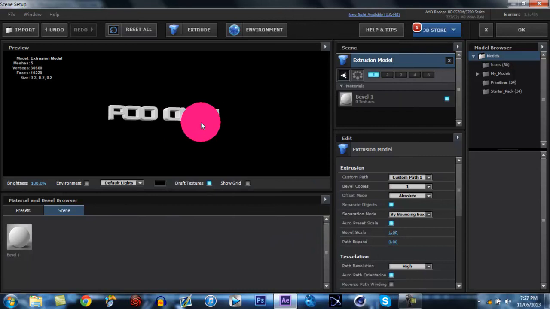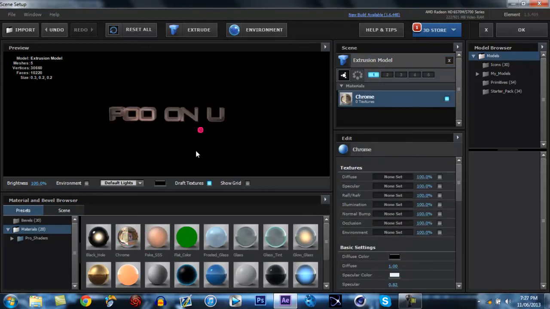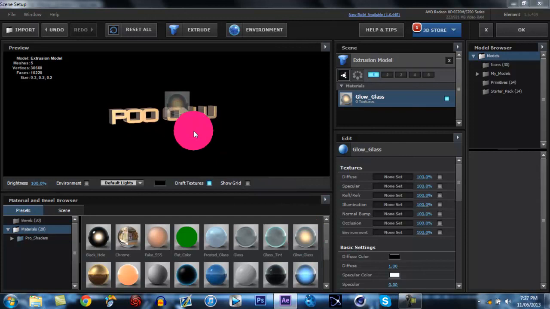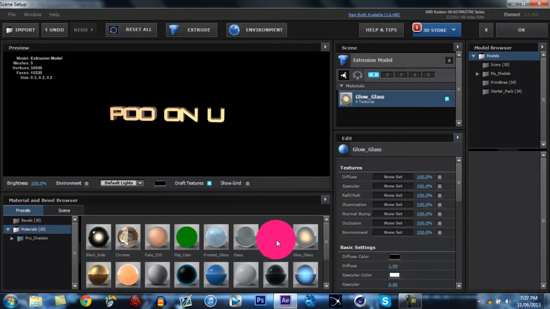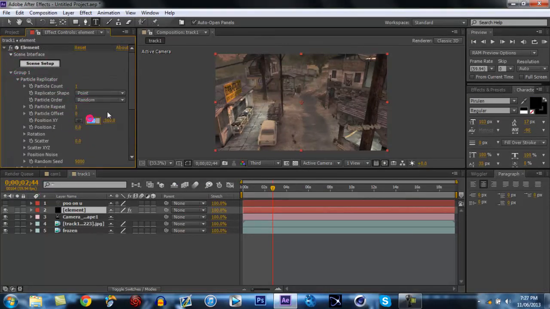Now we've got this text, and we're going to put my bevel on it that I like. It's basically for the environment, just reflects whatever the environment is. That's actually better. Okay, got this. Go to group 1, open it up, particle replicator, and change the position XY to 0 and 0, so it's where we put our markers, and then we're just going to drag it over a little till it's in the middle,